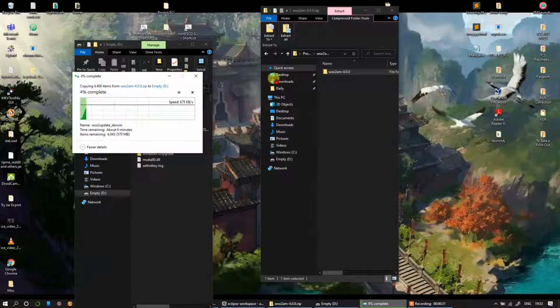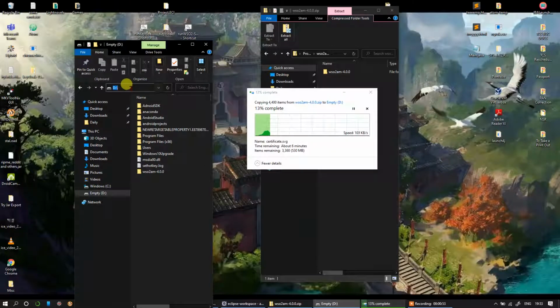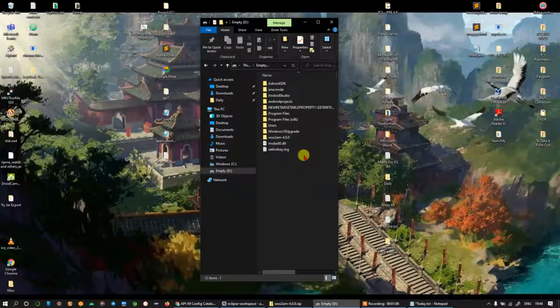Note that whichever folder you are placing the WSO2 manager in, the path should not have a space in it. This path has a space in it, C1 space BTD. So when I'm placing the WSO2 API manager in the D drive, it will not have any space in the path of its folder, the WSO2 API manager folder. Okay, now I have extracted the WSO2 API manager. Note that this is the latest version of WSO2 API manager and it is 4.0.